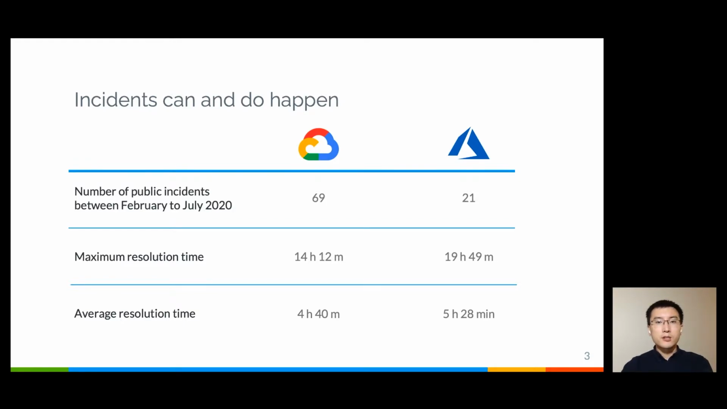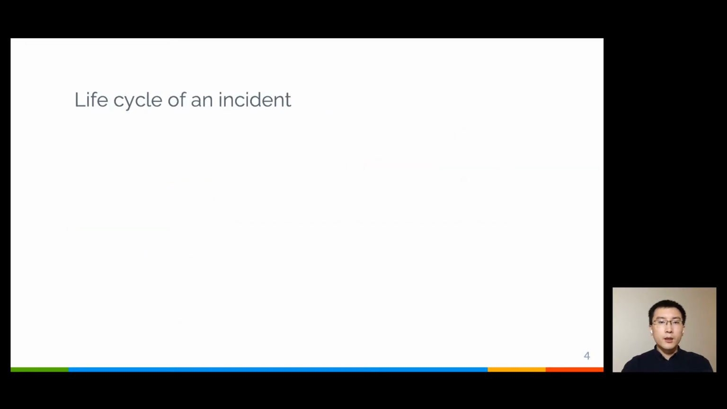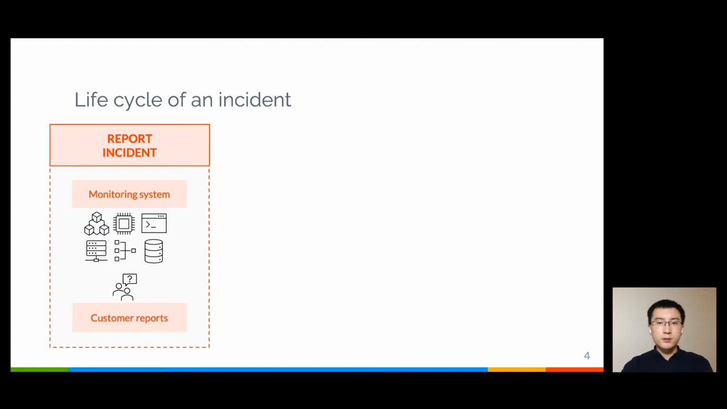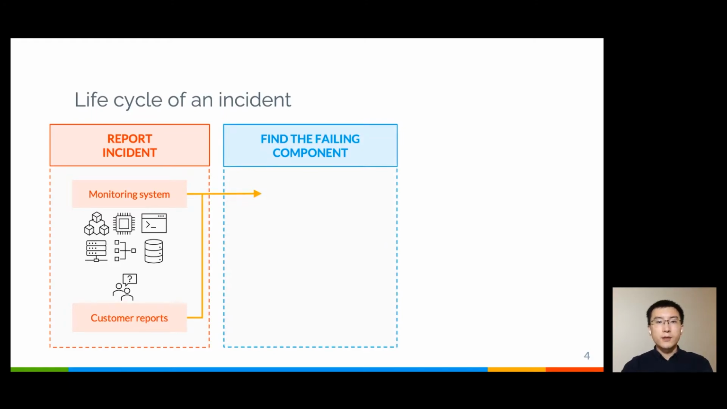Note that these are just public incidents. There are way more incidents under the cover. Now let's see the life cycle of an incident. Firstly, when the monitoring systems deployed in the data center detect abnormal behavior or the customer is experiencing issues, an incident is created. The next step is finding the failing component, which equals finding which team is responsible